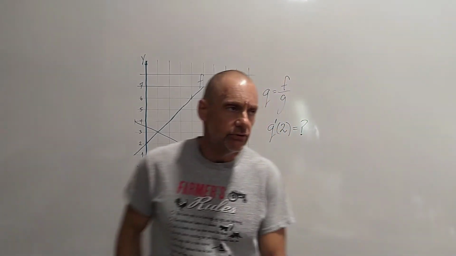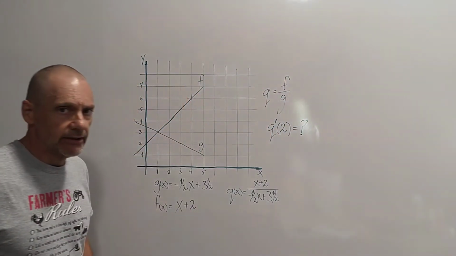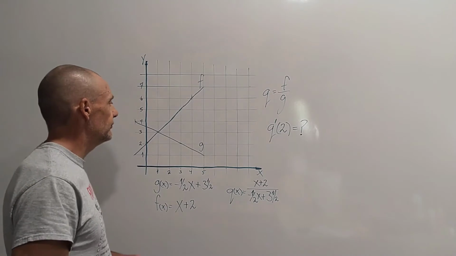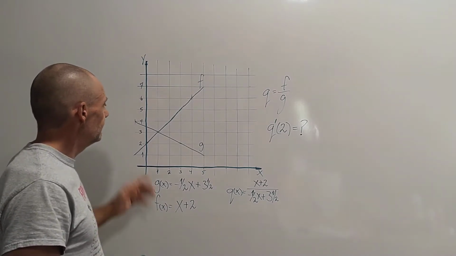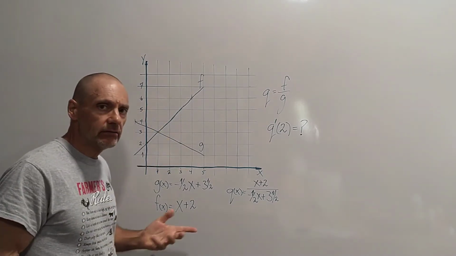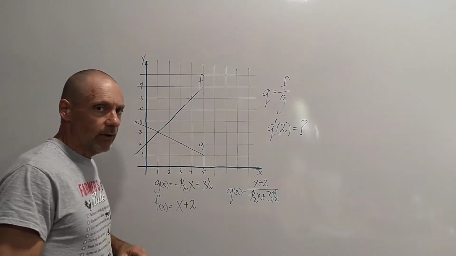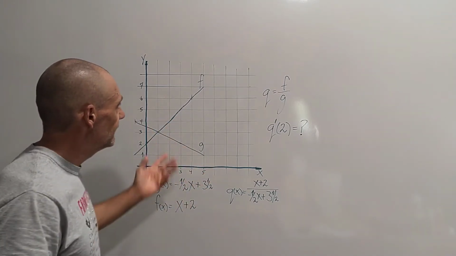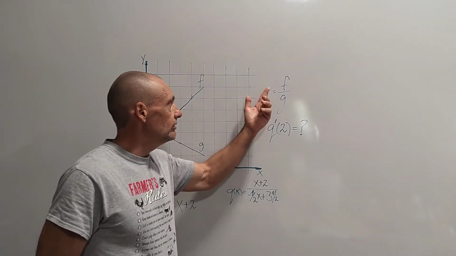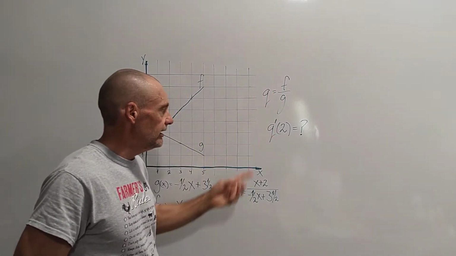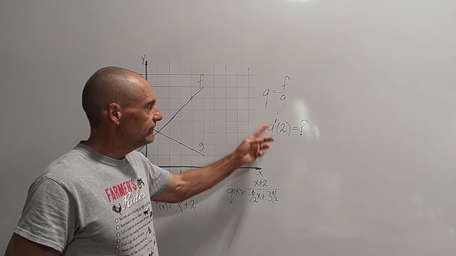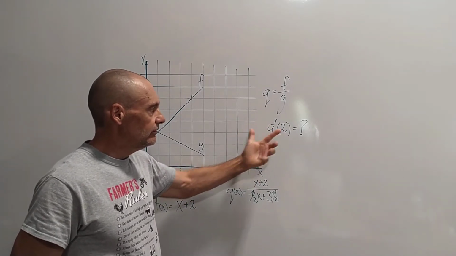Okay, so I had several students who wanted to know how to do this type of problem. Here we've got f and g, linear functions. They give you the graphs. They don't actually give you the equations of the functions, but then they define this third function, q, as f divided by g, and they want to know the value of q prime, or the derivative of q, at